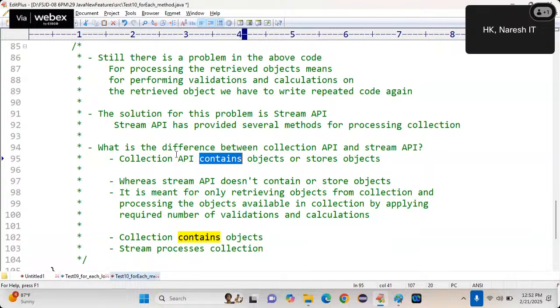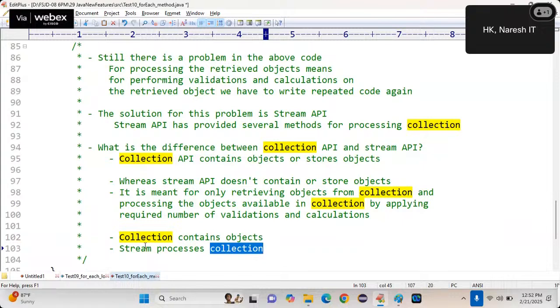It just takes the objects available in the collection and applies loops and different transform operations and reduce operations for us. So the conclusion: collection contains objects and stream processes the objects of the collection.